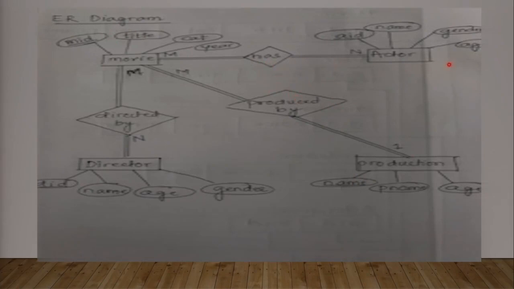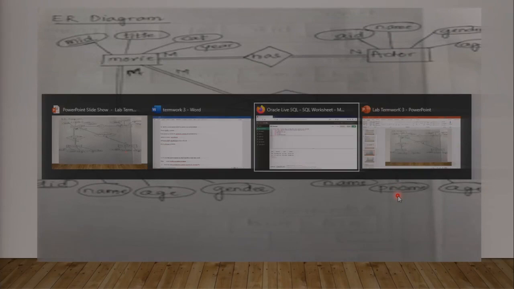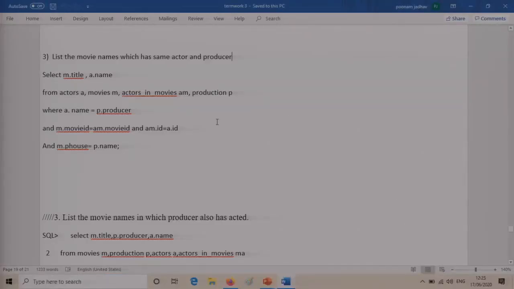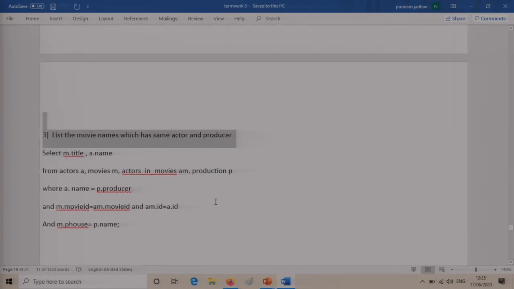And the next preliminary criteria that you build is that you talk about the actor name equal to the producer name, that is the P name, okay, the producer's name. So these are the same actor and producer they are talking about. So the name in the actor table should be equal to the name in the production table, that is the producer's name. So this is what I have to equate. I will simply copy this query for you and execute it, and then we will analyze. Okay, sorry, let's select it.